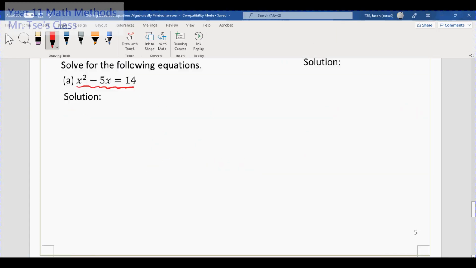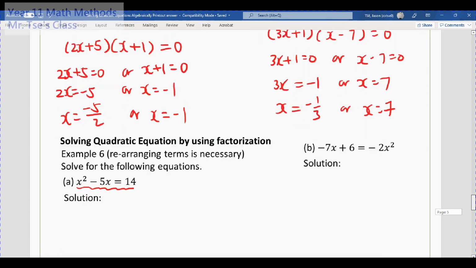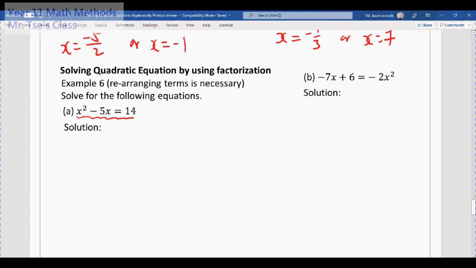So if the quadratic equations are not in the general form, not in the standard format, then you need to rearrange the terms if necessary. Like in this case, you see that x squared minus 5x equals 14 is not in the form we would like to have. Then you need to